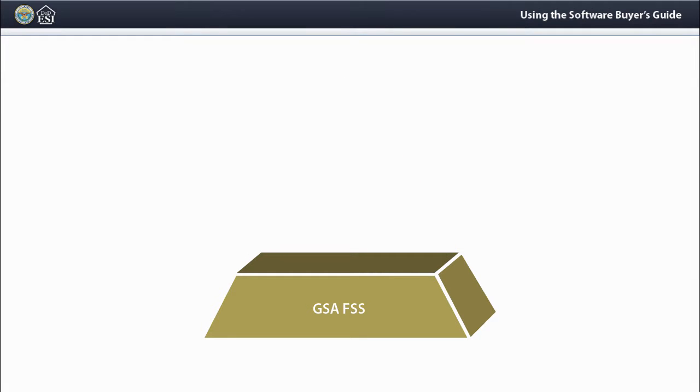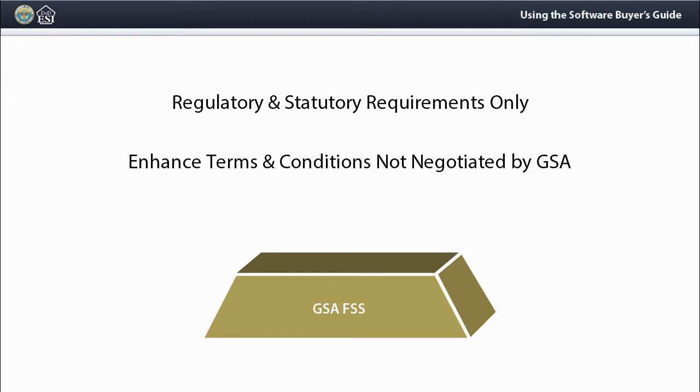When GSA awarded the FSS, they did not negotiate all the relevant terms and conditions in the EULA. Their negotiating scope was limited to the regulatory and statutory requirements such as FAR. Therefore, it's important that you enhance certain important terms and conditions in your order that may not have been negotiated by